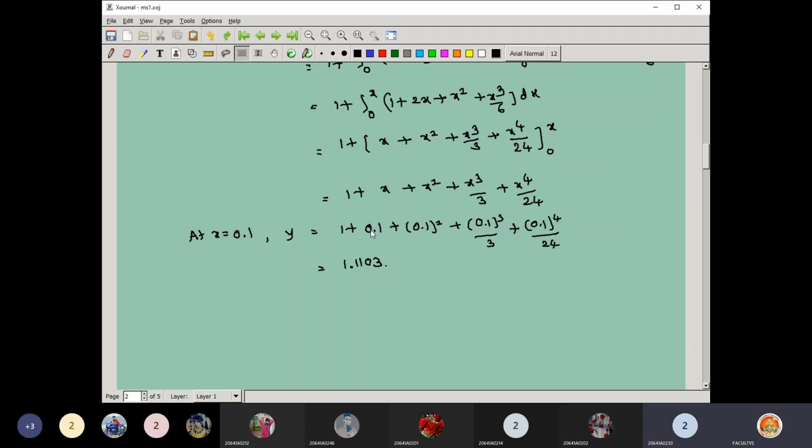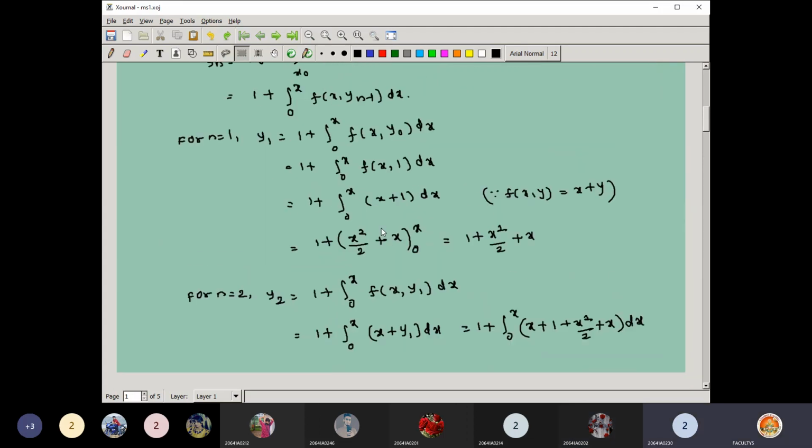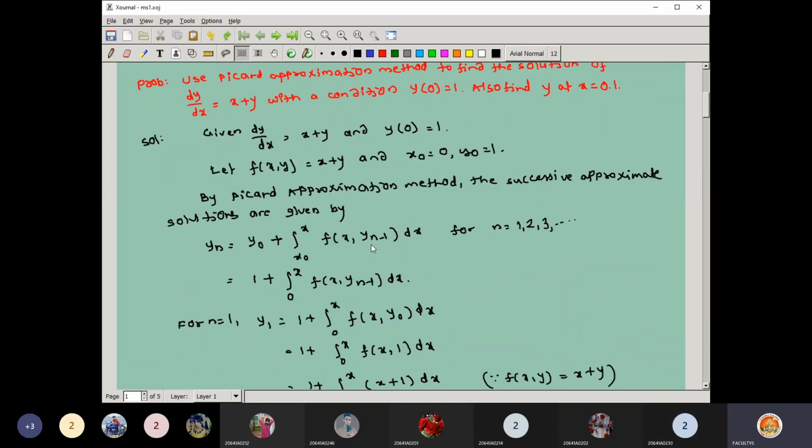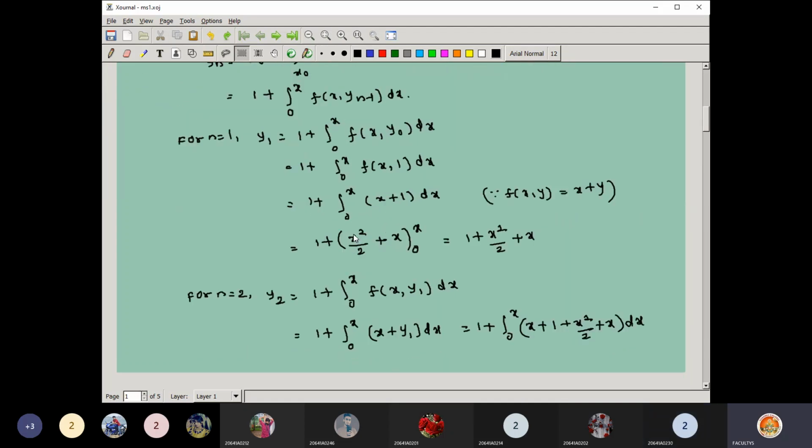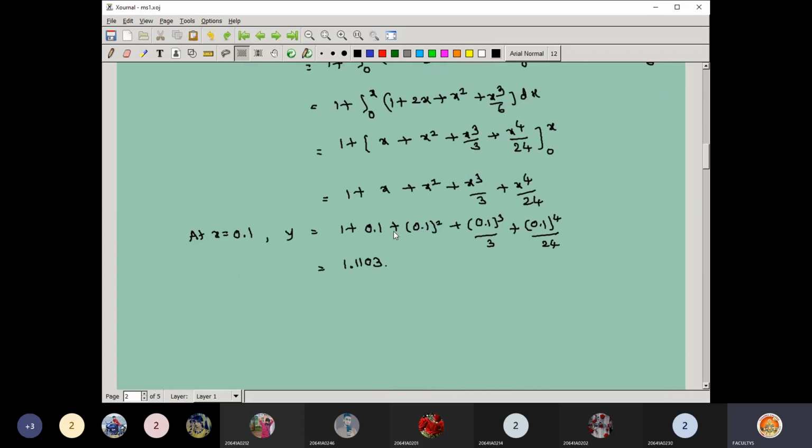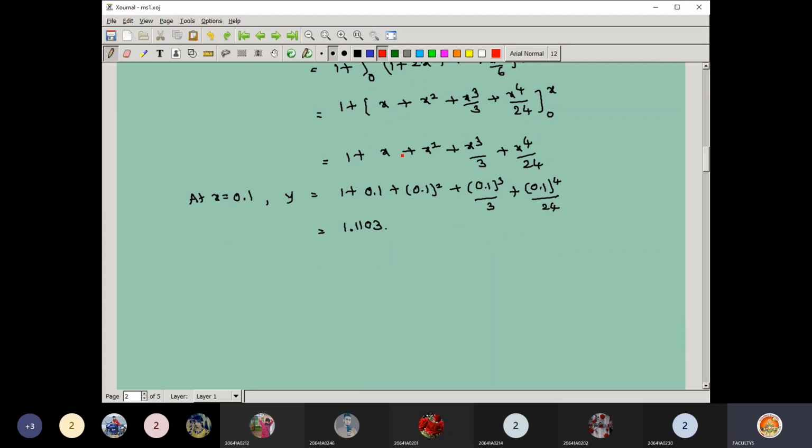Yes, sir, 1.11. So the only thing is you need to remember this particular formula, and using that you are just finding the approximate roots. Of course, you can stop at the first approximate root only, but it is a little far away from your correct answer. So when you increase the number of iterations, definitely you will get an accurate answer for the given problem. But at maximum, try to find up to the third approximate root. If you have any problem, you can stop even at the second also. But my sincere suggestion is to go up to the third approximate.